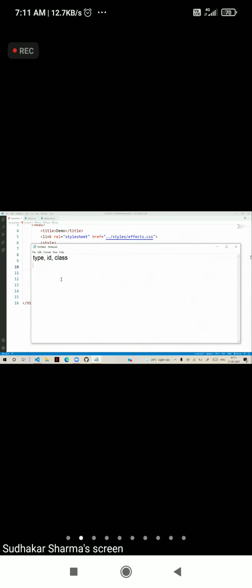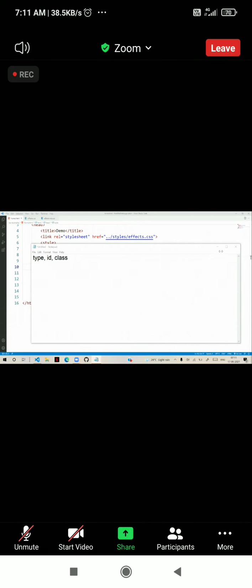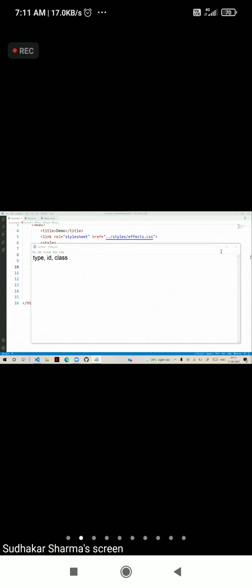First priority is given for ID, right? The second priority is for class, right? And the third is type, right?